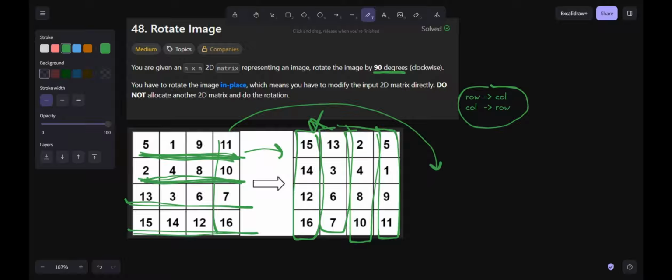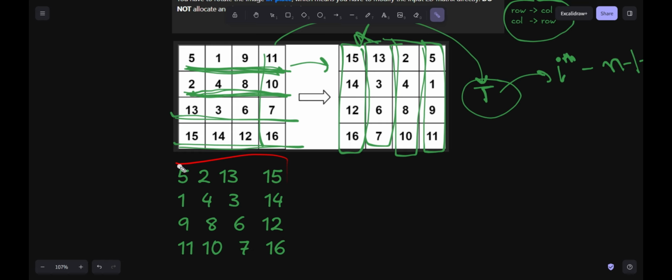a transpose of this matrix, and just swap the ith column with the n minus 1 minus ith. Let's look at the transpose. So this is the transpose of this matrix where the rows and columns are interchanged. The second row has now become the second column, the third row the third column, likewise the fourth row the fourth column. And by observing the pattern here, we can see how it is related to the answer.